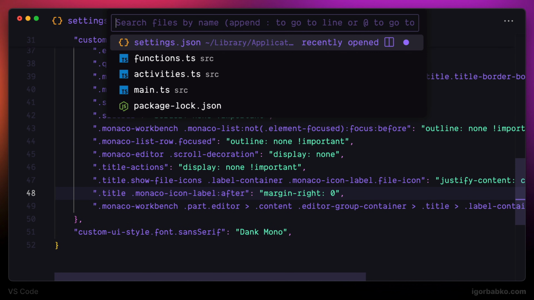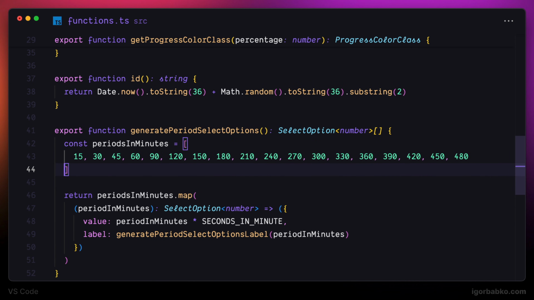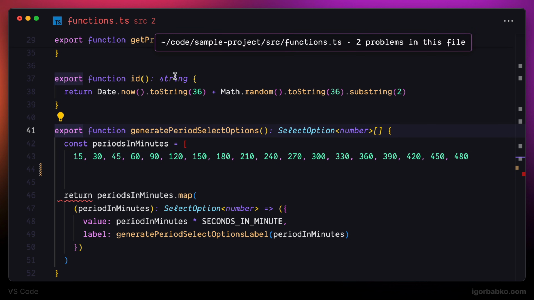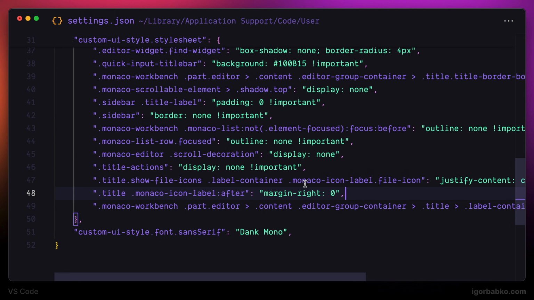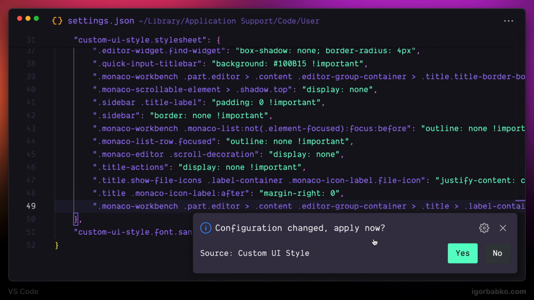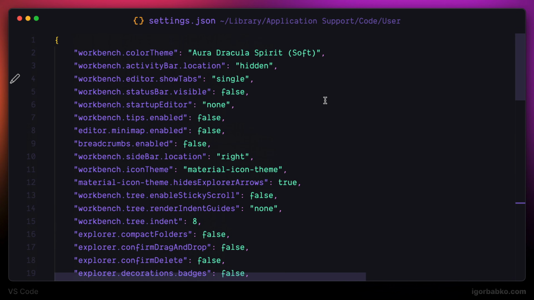If for example I make some errors inside the file, we're going to notice that there will be an error counter inside the title, so by applying the next override, I'm going to remove the right margin of this number. And that's about it as for all these overrides. So now to apply all those modifications at once, I'm going to restart VS Code. But before that, let's just agree with all the confirmations that appear,